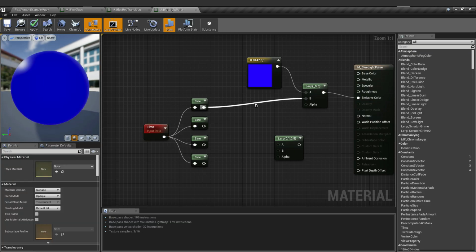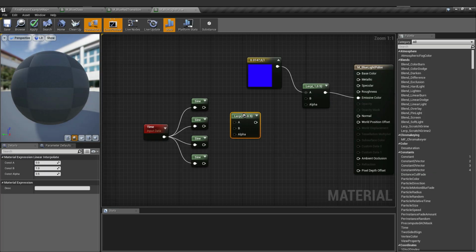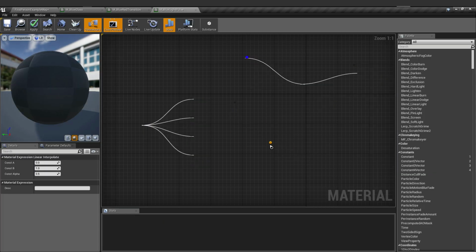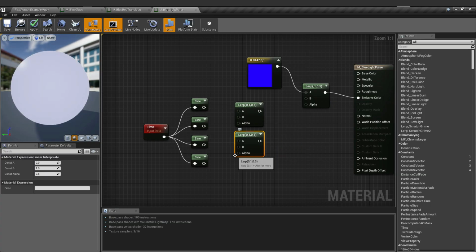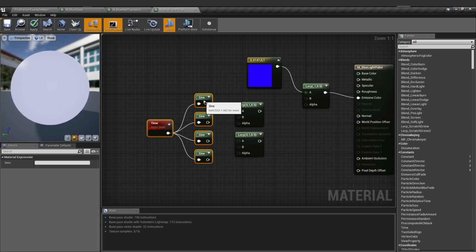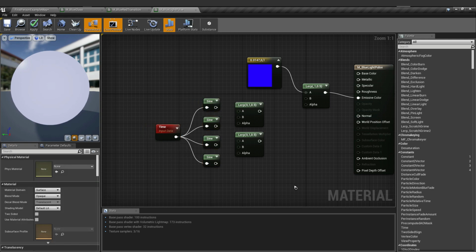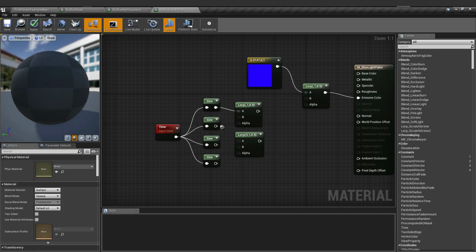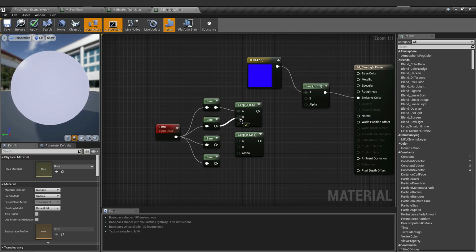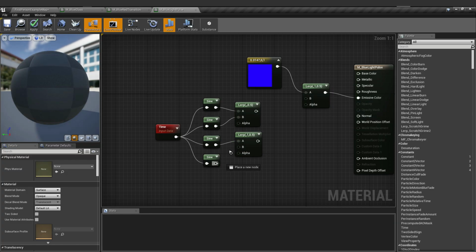So let's disconnect this first sine, and let's add more linear interpolate. Then let's connect the first sine on the first interpolate node, the second sine to B, then the third sine to the second interpolate, and the fourth sine.